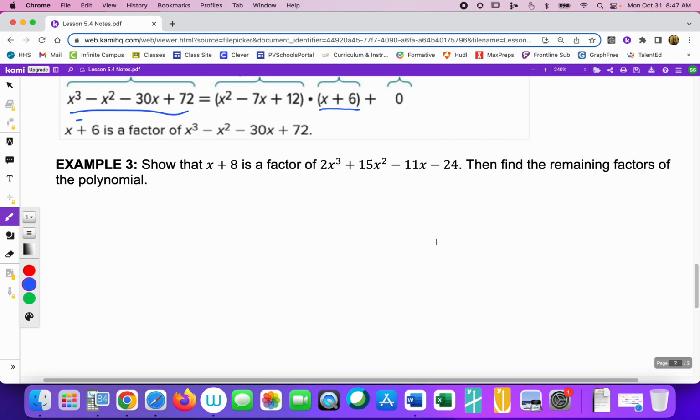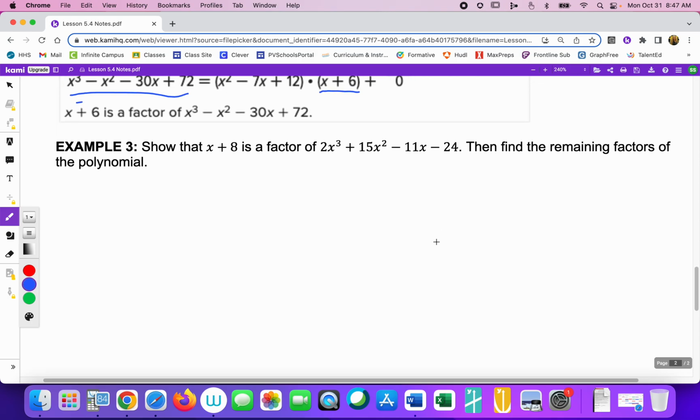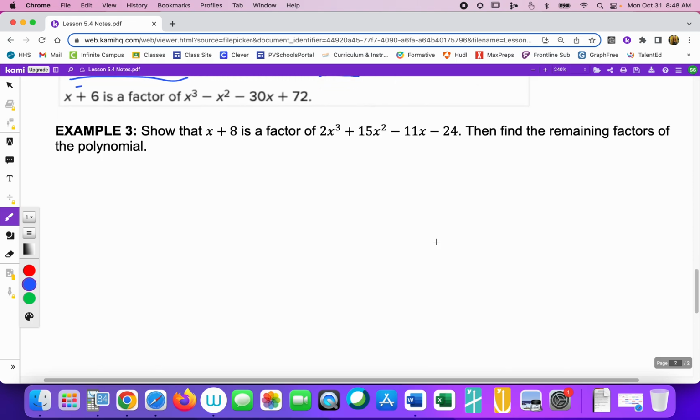So show that x plus 8 is a factor of 2x cubed plus 15x squared minus 11x minus 24. Then find the remaining factors. So it's asking you to prove that the remainder is 0. Now it's telling you can use long division if you want to. I'm guessing you would rather use synthetic. Okay. So,